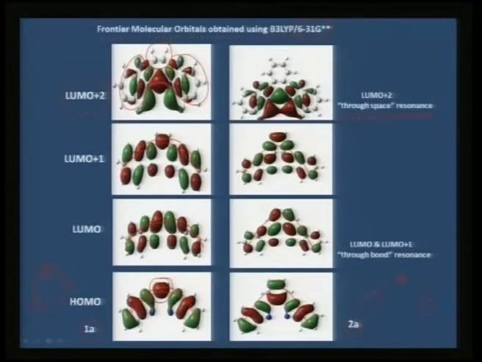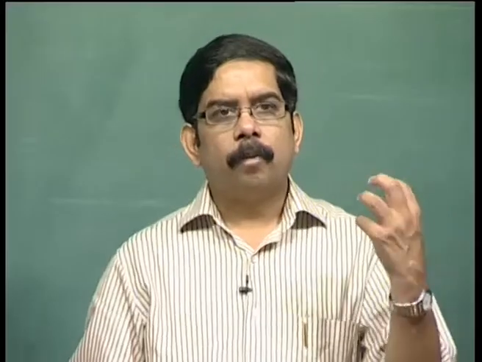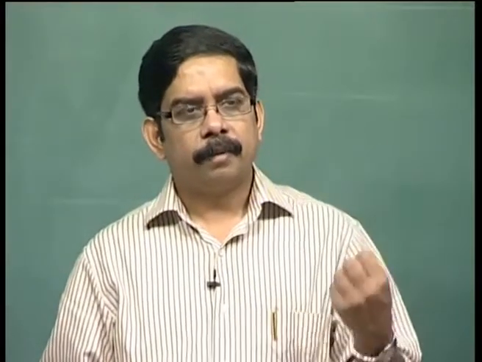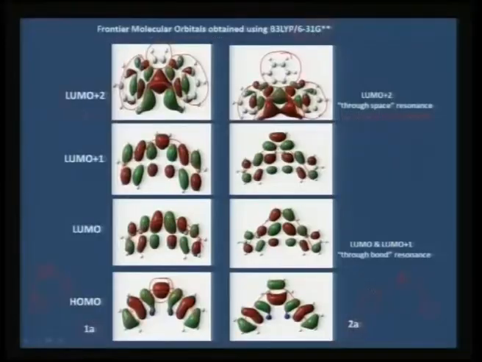And when you come here to LUMO plus 2, again you see that in this case the charge is confined more to the benzthiazole rings, and also you would see that the charge resonance is across the sulfur atoms. Therefore, the bigger the atom and more the charge density, in other words, because of the availability of the lone pair of electrons, now you have the charge resonance spread through the space.